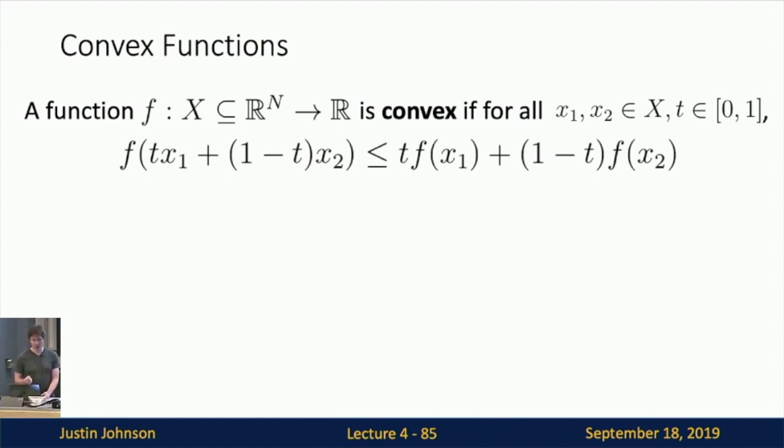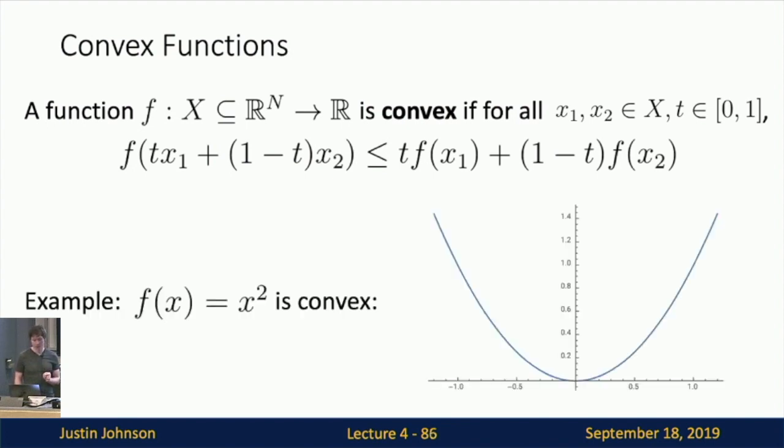Well, a convex function is one that's going to take an input vector and return a single scalar. You could imagine this is something like the loss function of our neural network-based system, where the input is going to be the setting of the weight matrix, and the output is going to be the scalar loss that tells us how well that weight matrix is doing. And now a function is said to be convex if it satisfies this particular inequality constraint, which I think is